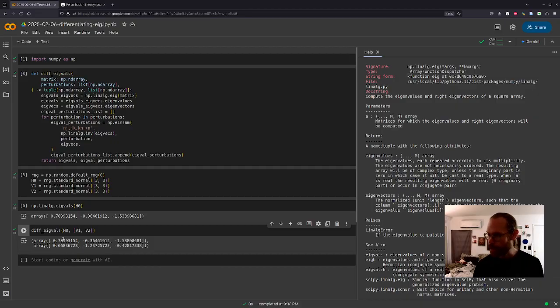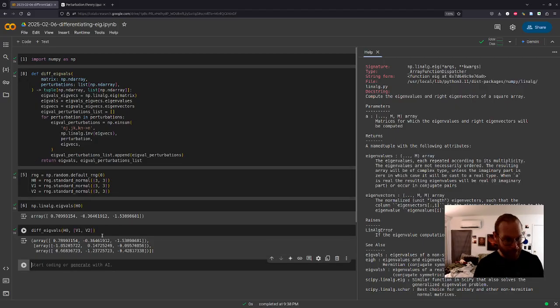I made a mistake already: instead of returning the list of perturbations, I just returned the most recent perturbation. So let's fix that. Okay, now I get two different perturbations to the eigenvalues.